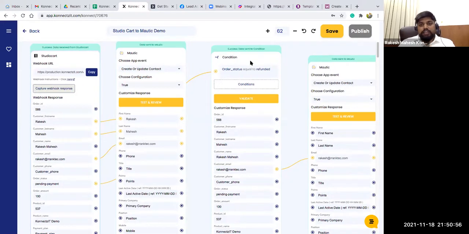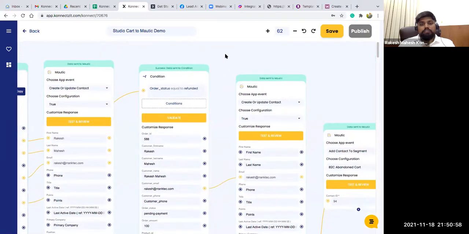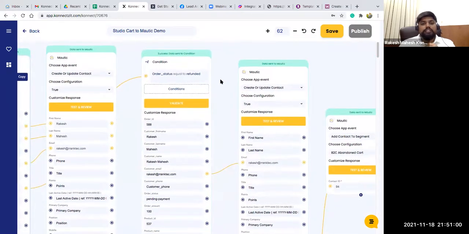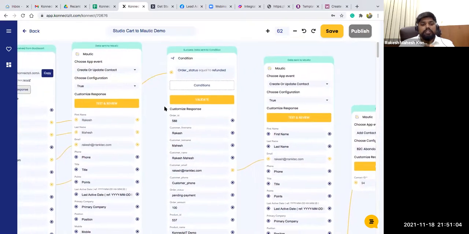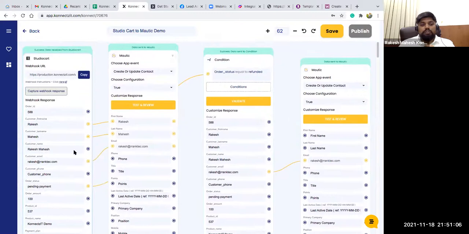And then I am using the condition app. Basically in the condition I am selecting the order status, which I connected from Mautic. You can see this, I selected this from the order status of Studio Cart. So I'm using that as my condition.